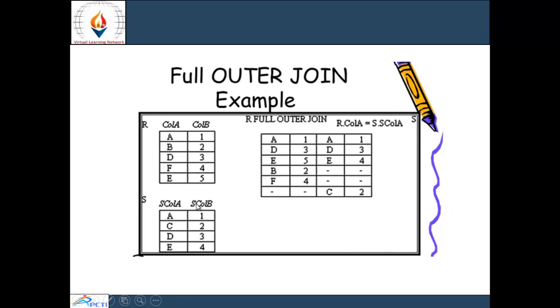And in full outer join, all the records are included from both the tables. These are the relational algebra functions, that is union, intersection, Cartesian product, and outer joins, that is left outer, right outer, and full outer joins.